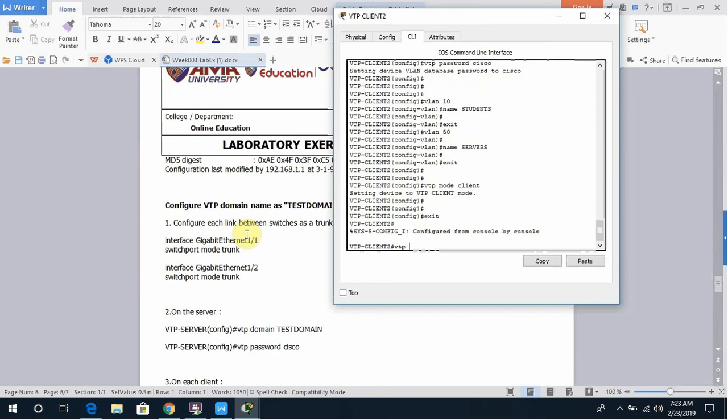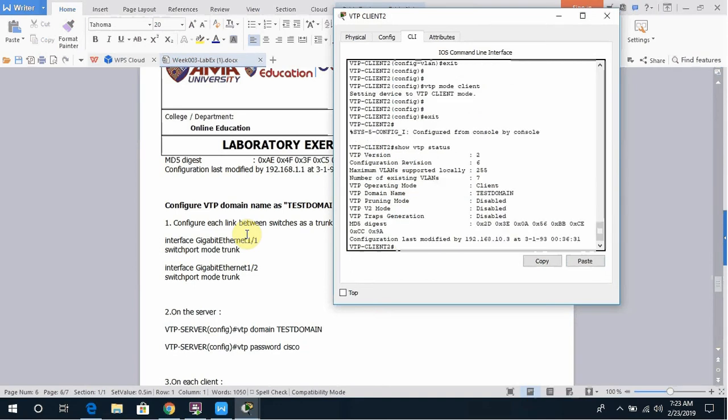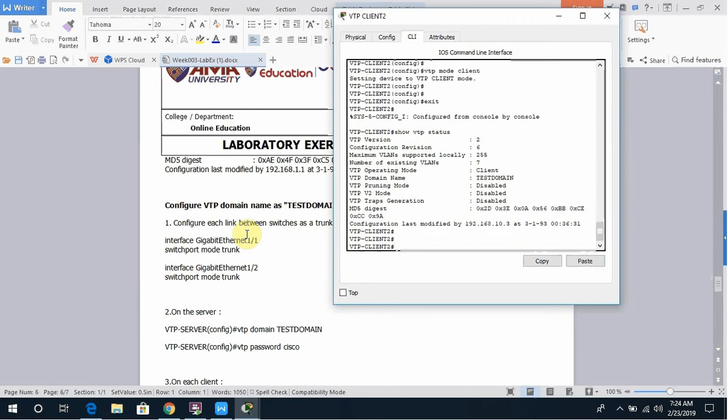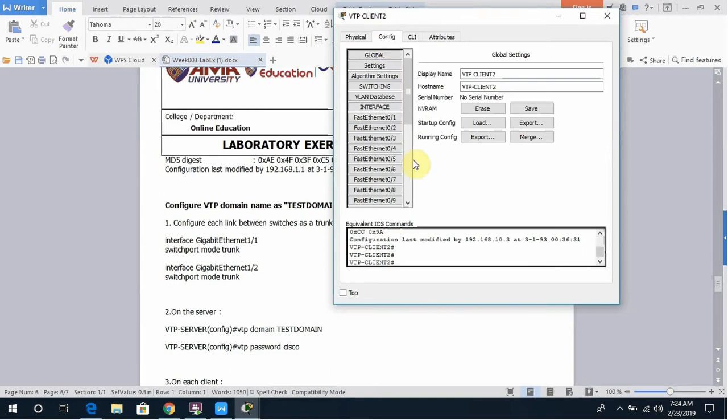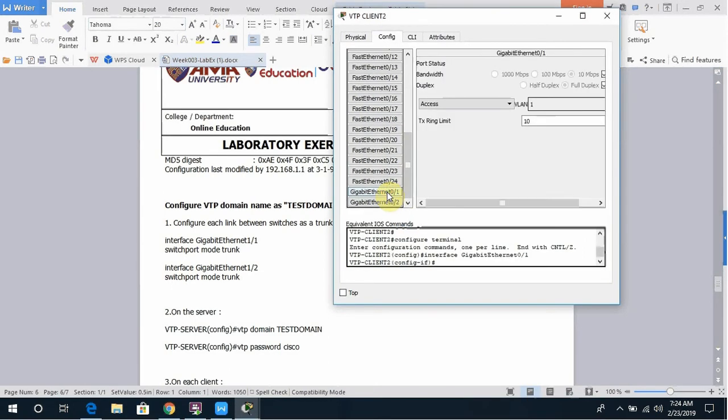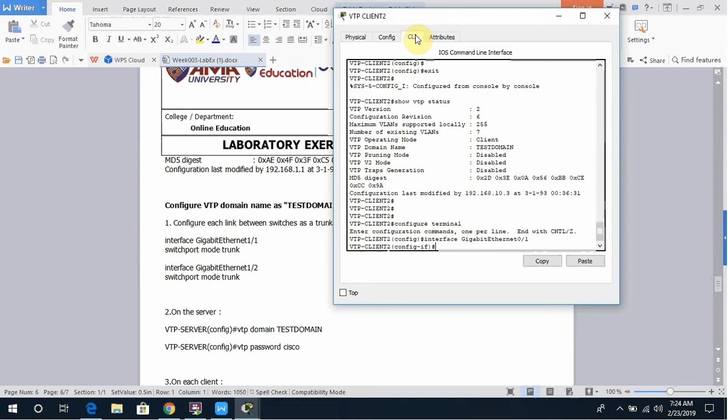Show VTP status, enter. Okay, and next we do is we set the link of the switches as a trunk line. Okay, okay, switchport mode trunk, enter,